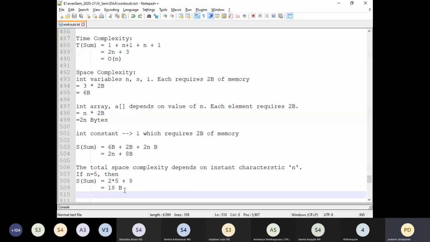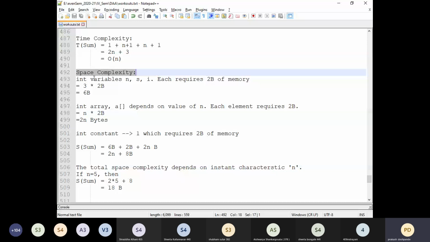If there are any confusions or any doubts, please do ask. Sir, how have you calculated the S of sum? Which step here? This one? Yes, sir. This is space complexity; we started by looking into the different elements in the algorithm.